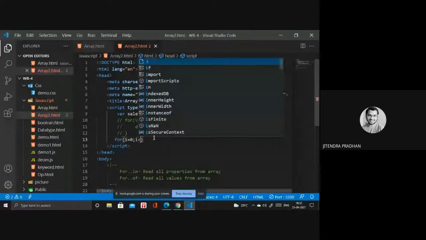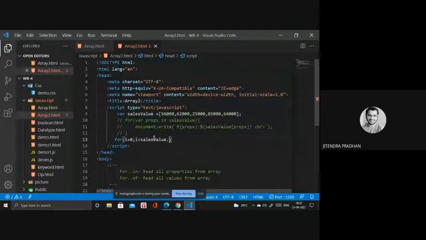Okay, so next thing, i is less than cellsValue.length. What is cellsValue.length? The length will go up to whatever values we have assigned in it, particularly to the last. It will start from the initial position i equal to 0. Then i equal to 1 when it is incremented. So you need to write a semicolon as well in that.